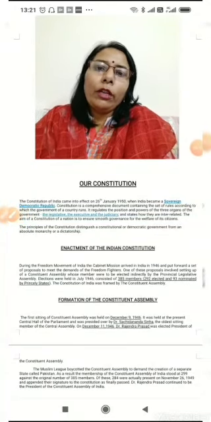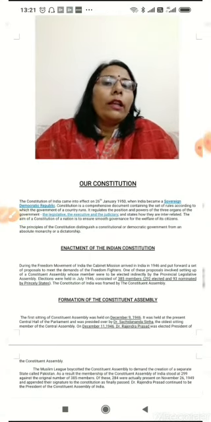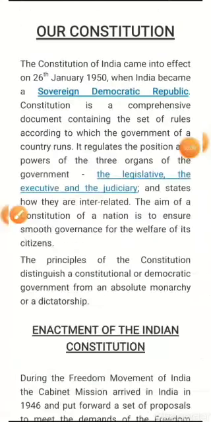Today I am here to teach you the new lesson of civics, that is our constitution. It is the lesson for class 9. So let's start our new chapter, that is our constitution. The points which we have to cover in this lesson are definition of constitution, date of adoption, date of enforcement